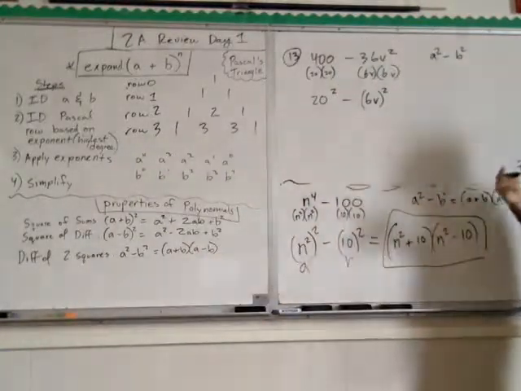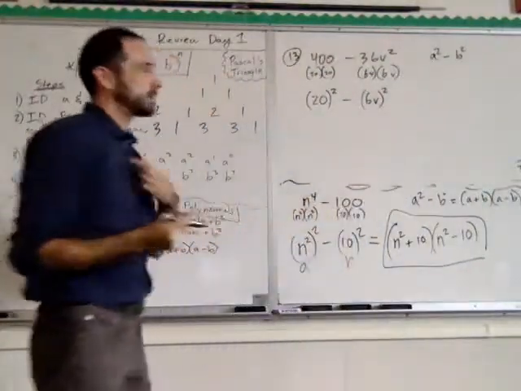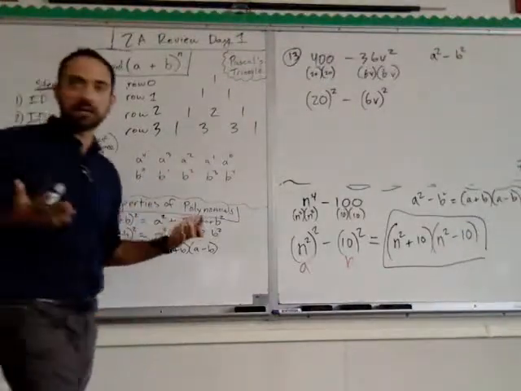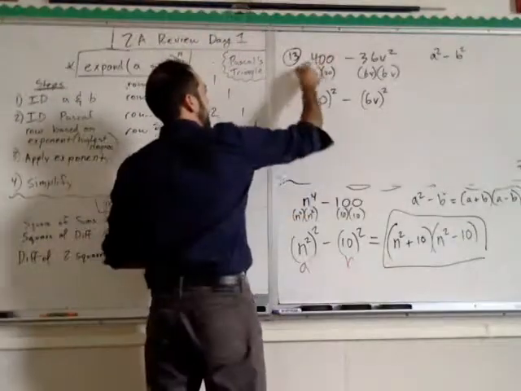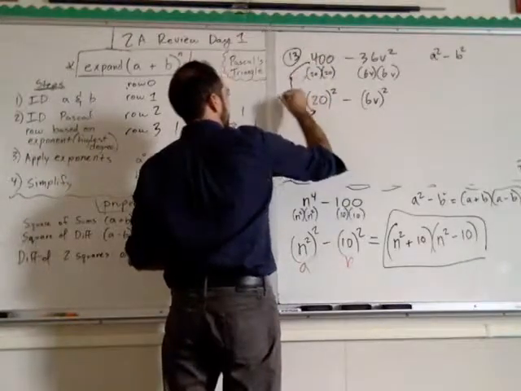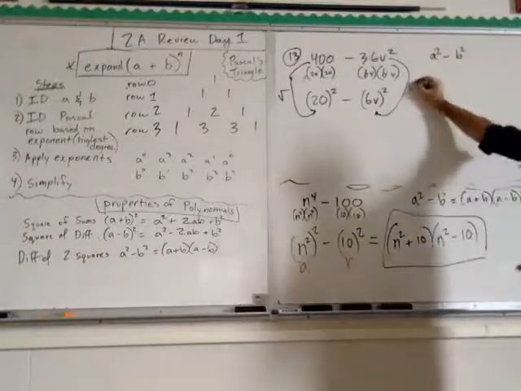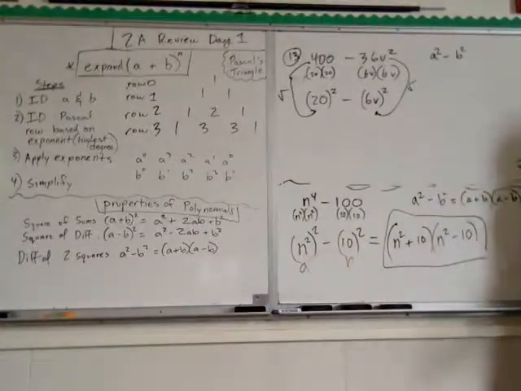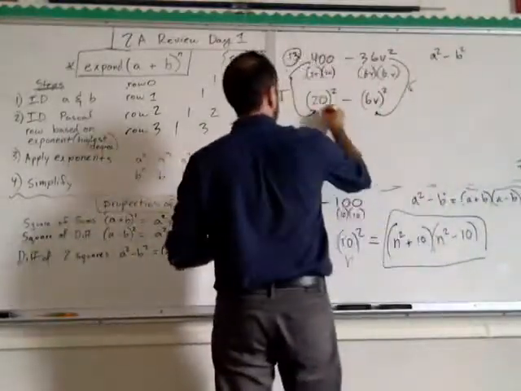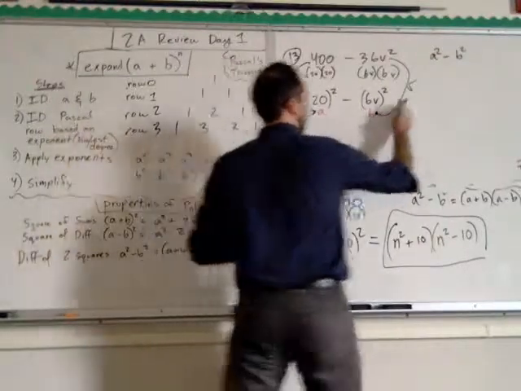I have not changed anything with this. All I've done is force it into my a squared minus b squared by essentially taking the square root of each. To get our 20, we've taken the square root. To get our 6v squared, we've taken the square root of that term. Now, like I said, you're good to go, you're ready. This is a, this is b. So I'm going to rewrite this as,